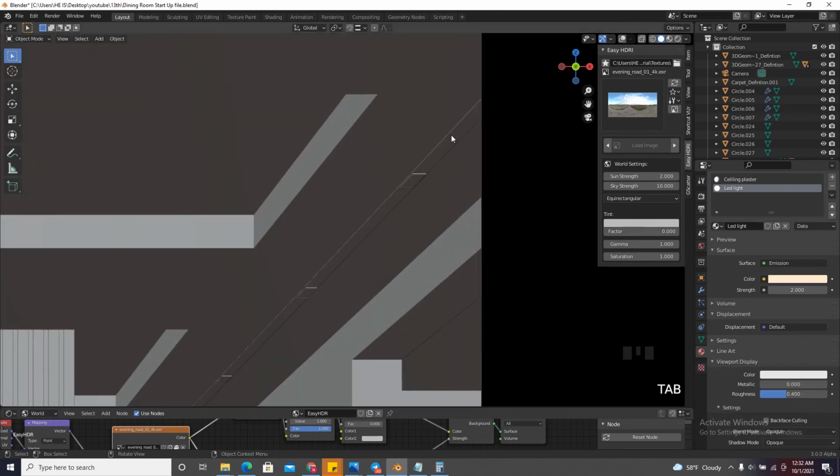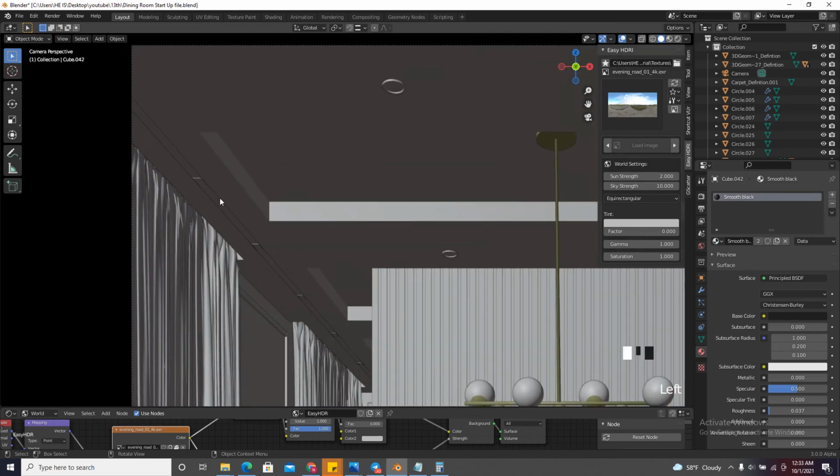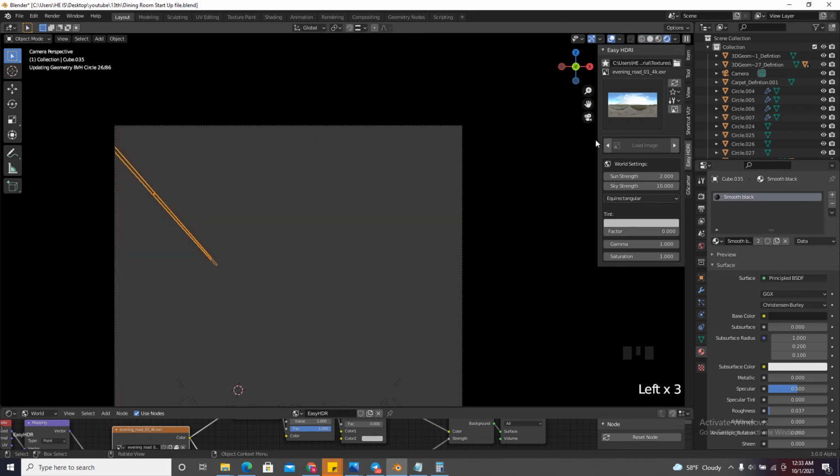And also I'm just going to select this one. It doesn't have any material, so I'm just going to give it black, smooth black. And also I'm just going to select this one. Since they are the same materials, they have the same object data, everything that's applied will also be applied to this one. So if I just go to the render view to see what I've got,